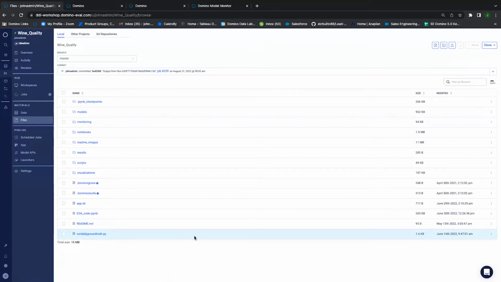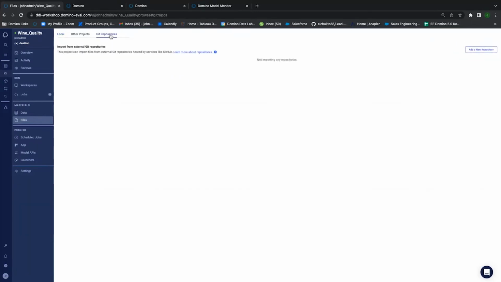You'll see here in this case, I have multiple files already created. In my situation, I'm using the local Git repo of Domino. If I had originally created a local file system for Domino, see on the top right where it says Git repositories, you have the option to attach third-party Git repos as well. Say, for example, some of these repos have specific data sets that you want to work with, or files or code, or maybe modules that you have created at your organization, whether it's Python or R or something along those lines. You can add those as third-party repos to call out and use inside of your project when you're creating a workspace or a job. And I'll show what that is momentarily as well.